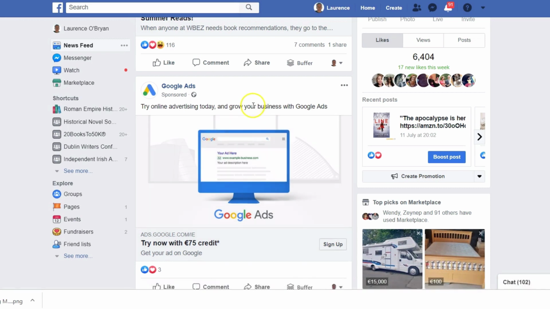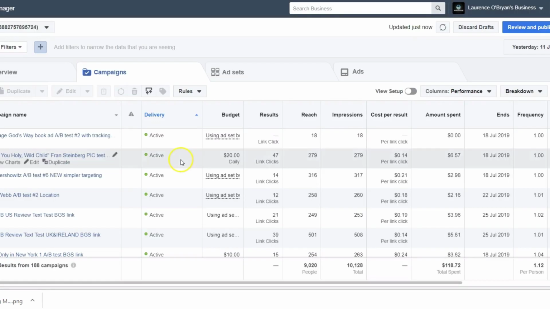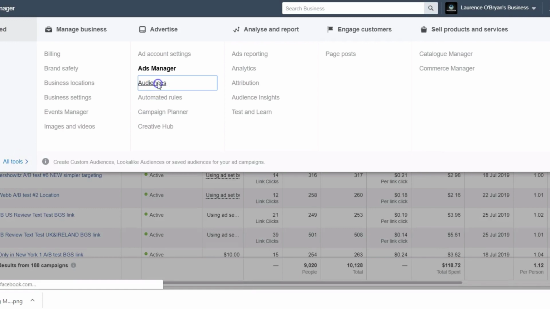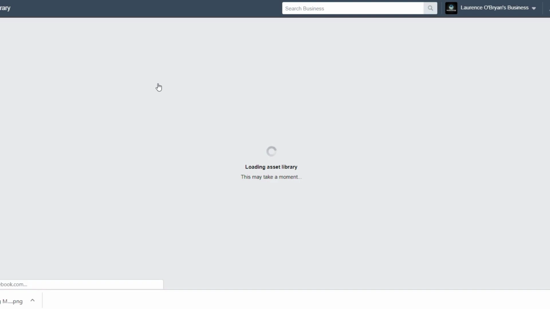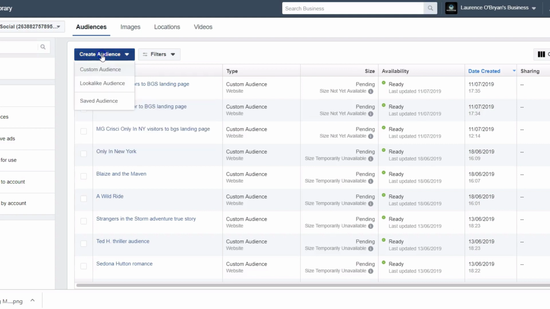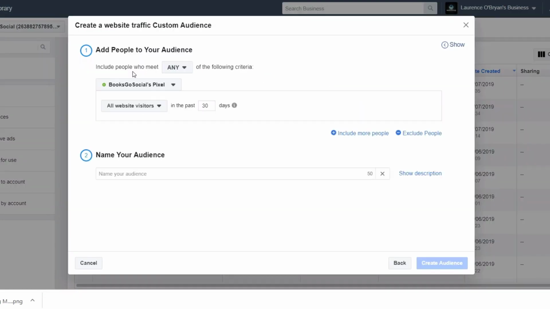So how do we set up a retargeting audience? What we want to do in Facebook itself, in the Ads Manager, this is our Ads Manager. In the Ads Manager, these are the ads. We go to our All Tools button and we go to Audiences. We're setting up an audience of people who previously clicked our ad. So you've set up your ad and now we're going to set up an audience. So we're going to create an audience and we're going to create a custom audience. That's what this type of audience is. So we're creating an audience of people who visited a specific web page.